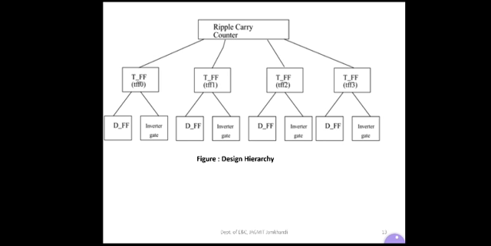A bottom-up methodology flows in the opposite direction. We combine small building blocks and build bigger building blocks. For example, we could build a D flip-flop from gates, or we could build a customized D flip-flop from transistors. Thus the bottom-up flow meets the top-down flow at the level of the D flip-flop.